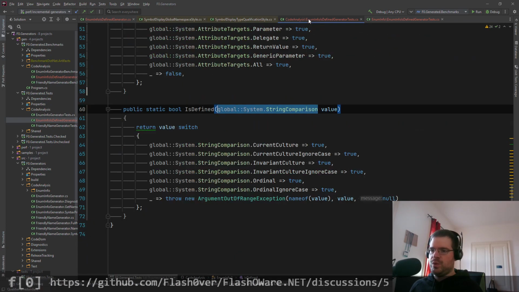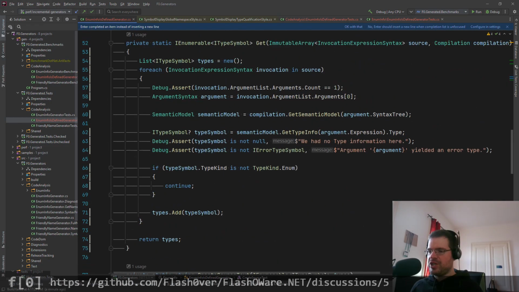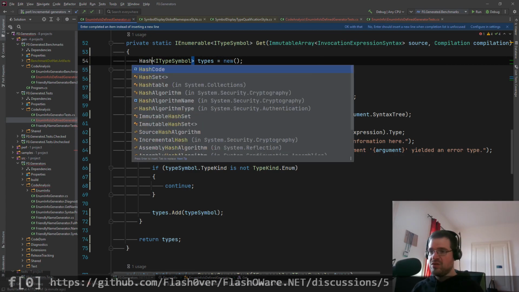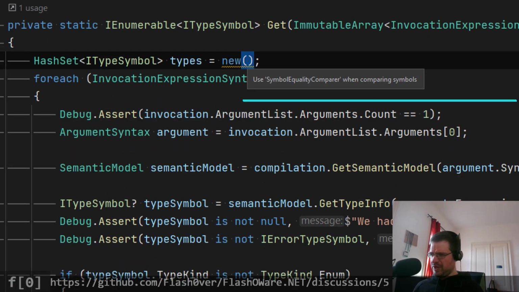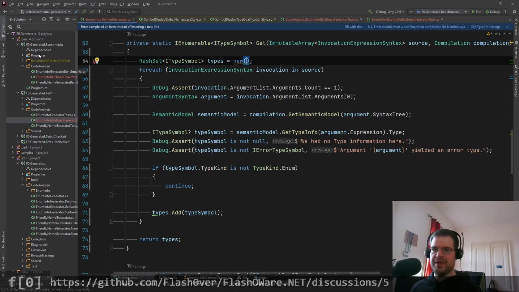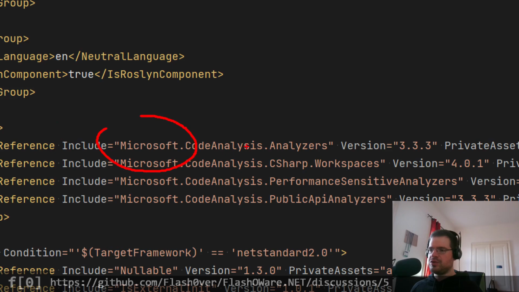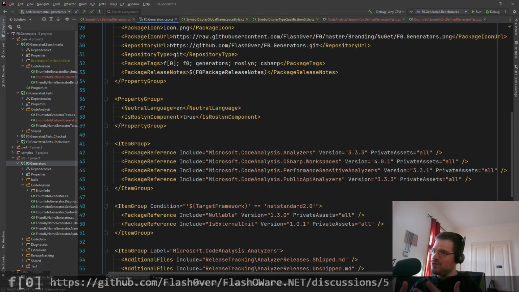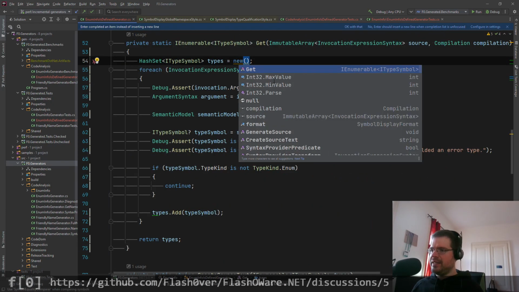So we need a way to, when we extract the type information, check if this is already existing in this collection and only add it once. What I like to use is a hash set here. And then pass in, we get a warning here. This is a warning from the Microsoft Code Analysis analyzers. So those are analyzers for writing analyzers and source generators. And we should be using a symbol